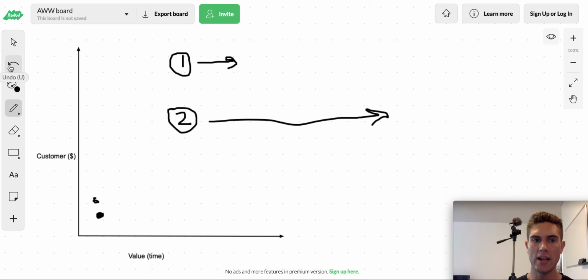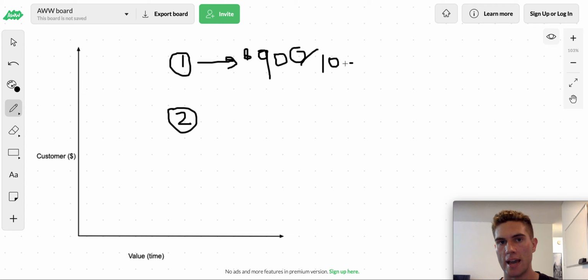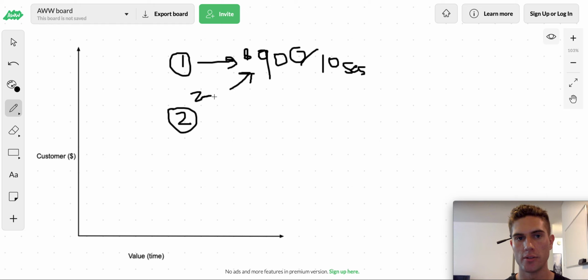And what I noticed was, if a client would come in on the front end, maybe they would buy $900. That would be their first purchase, and this would get them 10 sessions. Now, based on my marketing effort at the time, I wasn't doing very much marketing because I didn't really understand it. Now, if this cost me $20 to get this $900, that's leaving me with a good amount of